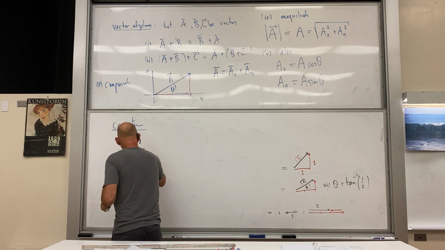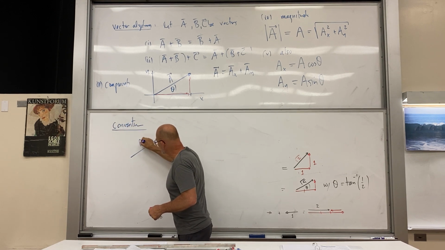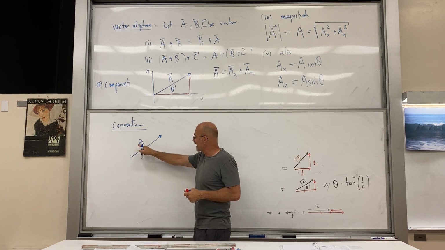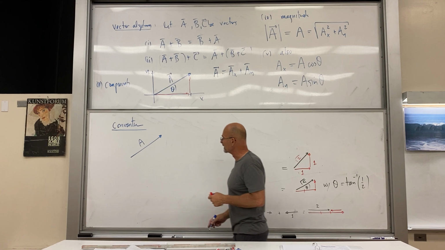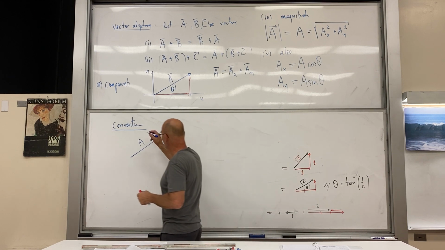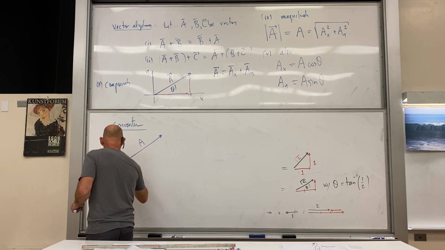We draw the arrow and label it with its magnitude. Okay, we draw the arrow to indicate the direction and label it with its magnitude. Okay. And then, so that's the convention in a